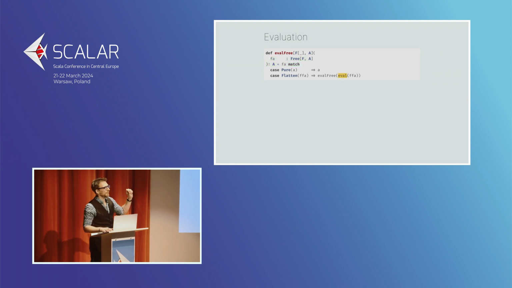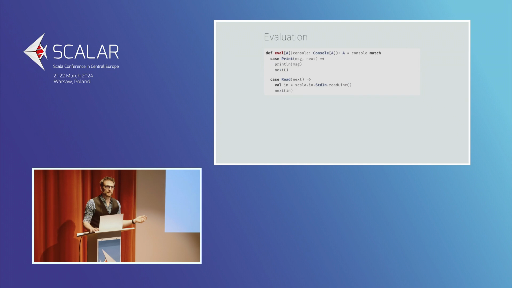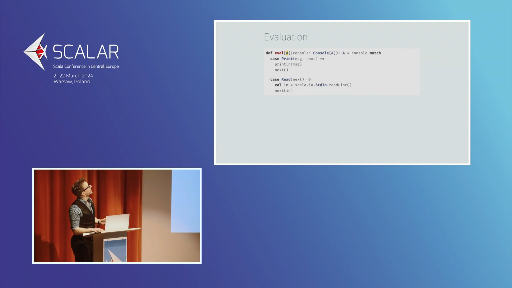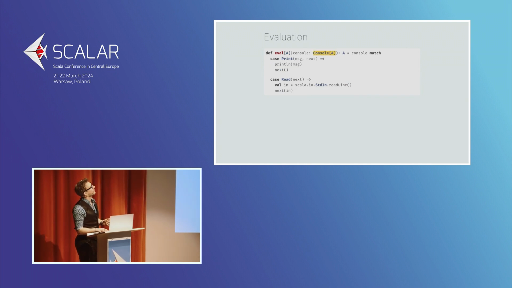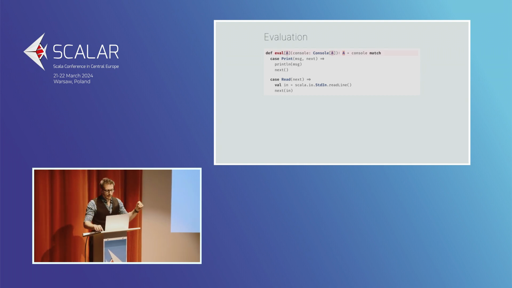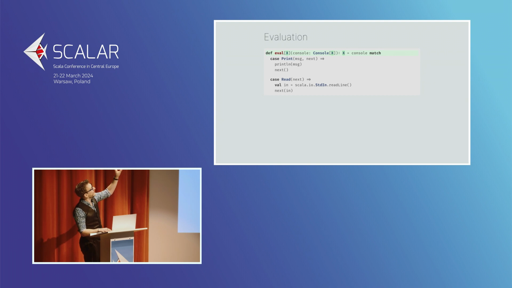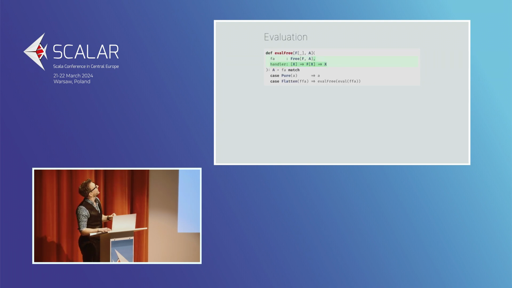I'm going to do that and show you eval. Eval is the last thing that is specific to console here. We want to get rid of that. This is eval. For some type parameter A, it takes a console of A and returns an A. Now we have A in both eval and eval chain. That is confusing. Let me rename that to X, right? So it's a function that, given type parameter X, takes a console of X to X. That is exactly what this Scala free type allows us to write. And now we have a way of evaluating eval free.